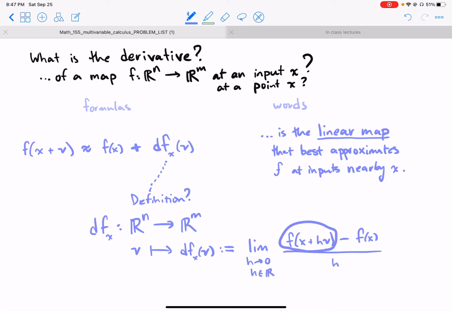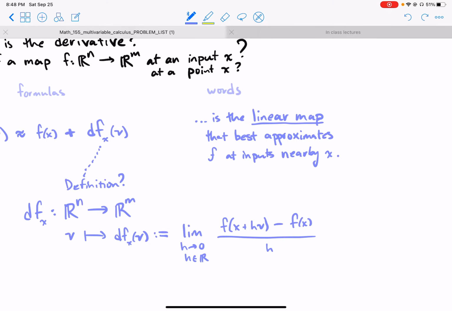And f of x plus hv, so f of x at some point nearby to x, namely x plus hv away. That's again the output of this is going to be a vector. So here this input is a vector x, the output is a vector f of x. We're subtracting vectors and then we're rescaling it. We're just rescaling it by this real number